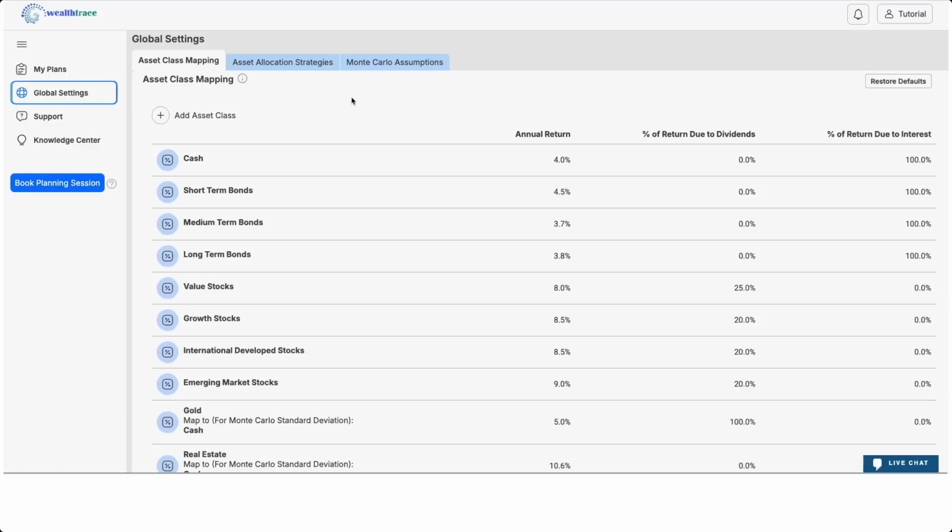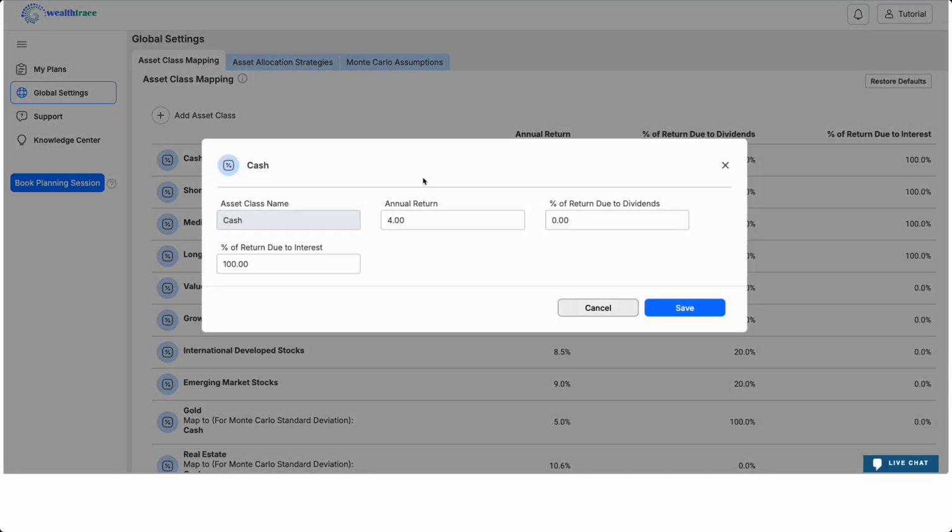Global Settings section, you can make changes to the asset class assumptions, create your own model portfolios, or make changes to the ones we have created, and make changes to the Monte Carlo assumptions. To add an asset class, you can click on this plus icon. You can click on an existing asset class to change the annual return along with the percentage of return due